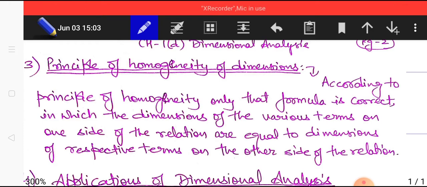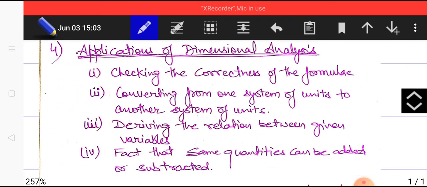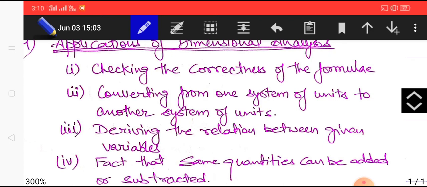यानी कि जिस भी रिलेशन में लेफ्ट हैंड साइड की डायमेंशंस राइट हैंड साइड की डायमेंशंस के इक्वल होंगी, सिर्फ वही फॉर्मूला करेक्ट होएगा हमारा. इसे हम बोलते हैं प्रिंसिपल ऑफ होमोजेनिटी. हमारे पास 4 एप्लीकेशंस हैं डायमेंशनल एनालिसिस की, एंड दीज आर